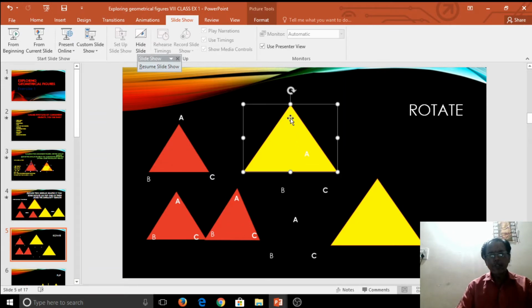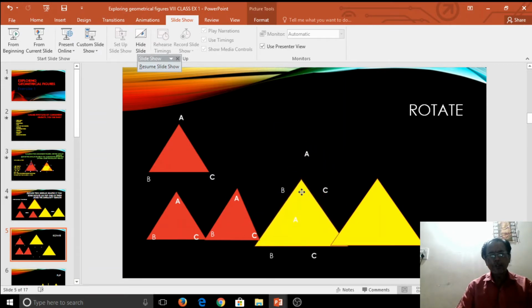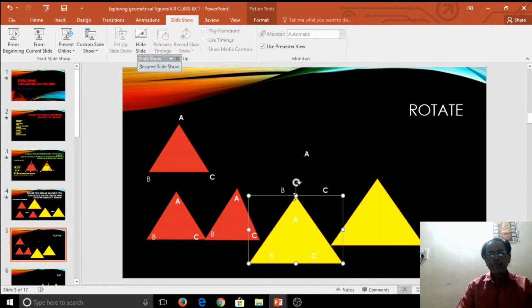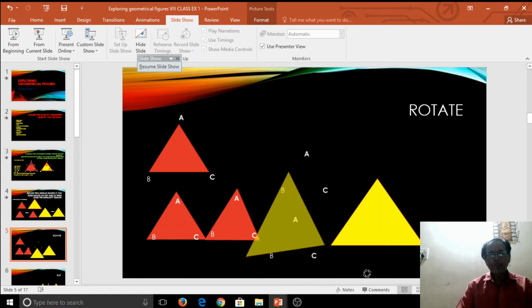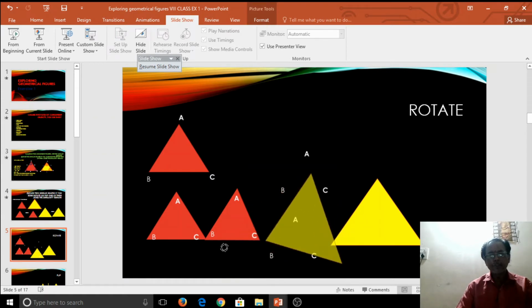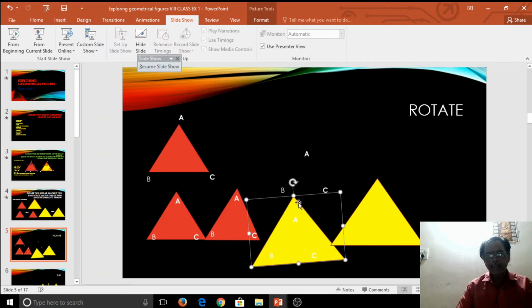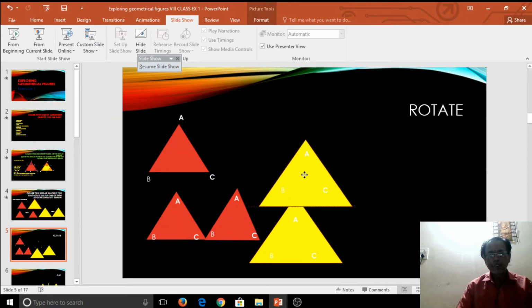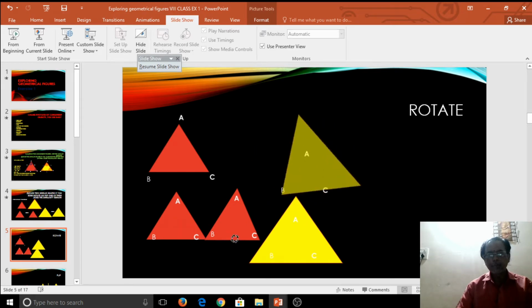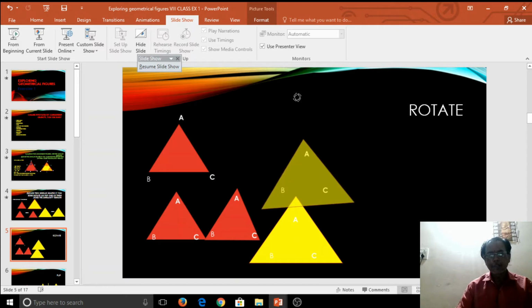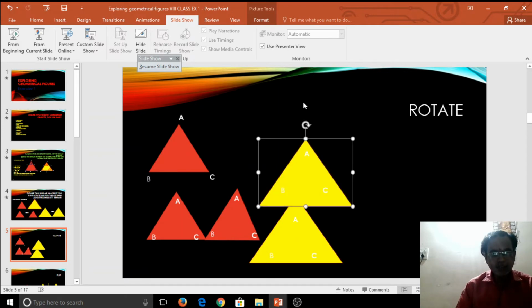No. Here also take a full rotation, children, like this. Does it change its similarity? No. So the full rotation takes place, and the similarity doesn't change. Okay, children. So next,